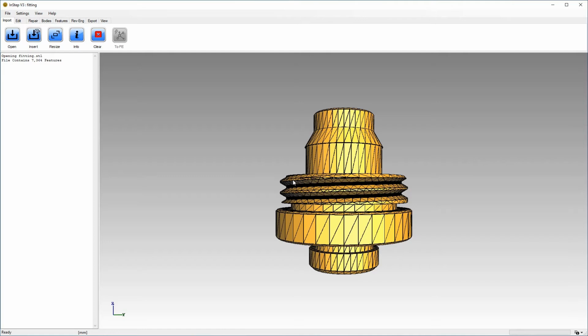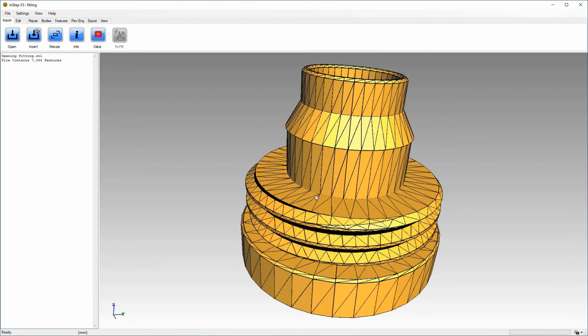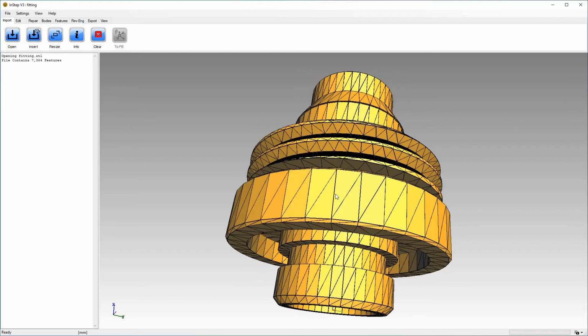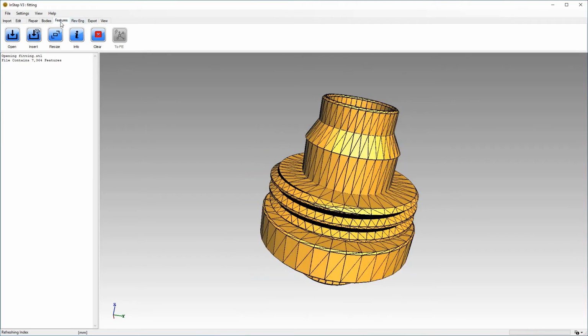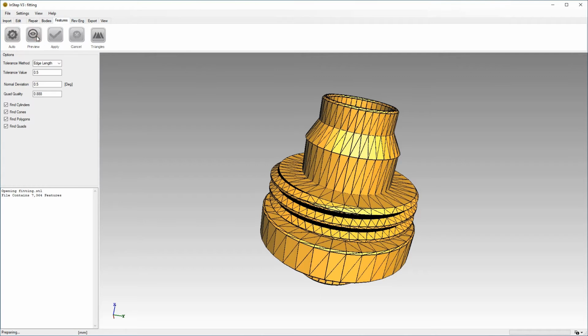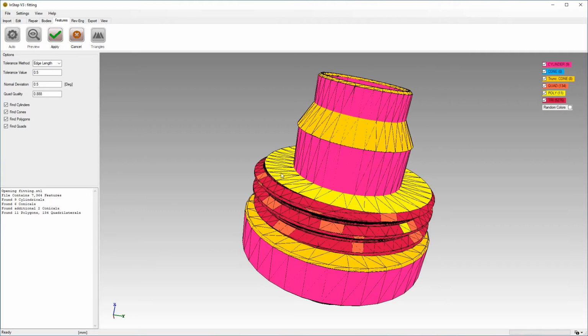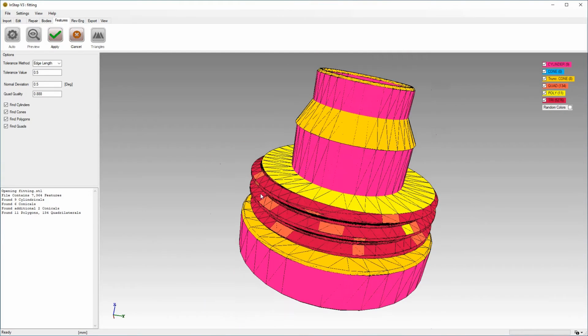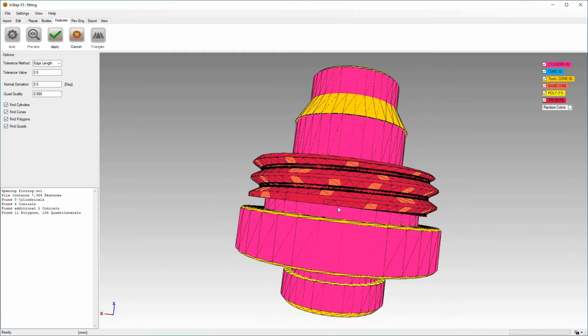So this design is generally rotationally symmetric except for the threaded section, which does not follow a clear symmetry. If we take a look again at the features options and take a look at the preview, we'll find that even though it can actually recognize a number of the cylindrical features, we are still left with several thousand triangles, specifically in the section where the thread was explicitly modeled into this.